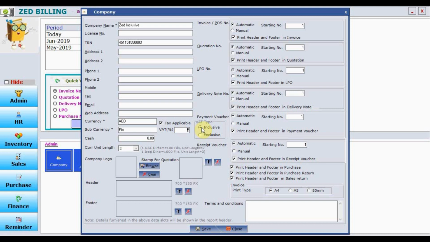So inclusive means if you are charging 100 dirhams as the invoice amount, the tax will be calculated within that 100 dirhams. And exclusive means if your total bill is 100 dirhams, tax will be calculated extra to that one, like 105. And here you can put all the starting numbers like invoice, quotation, LPO, delivery note, payment voucher, receipt